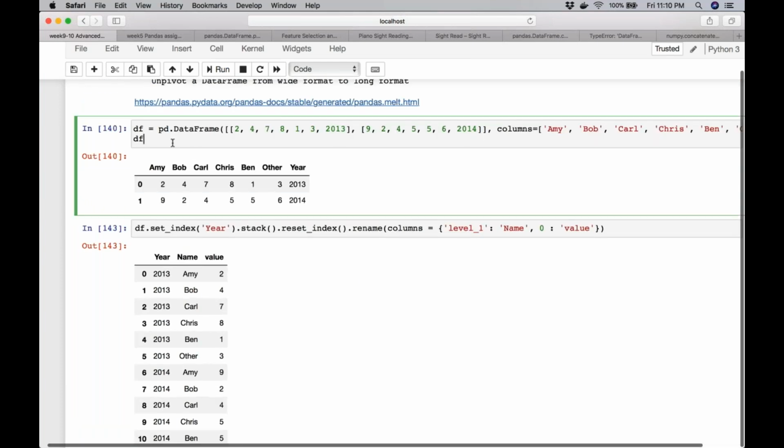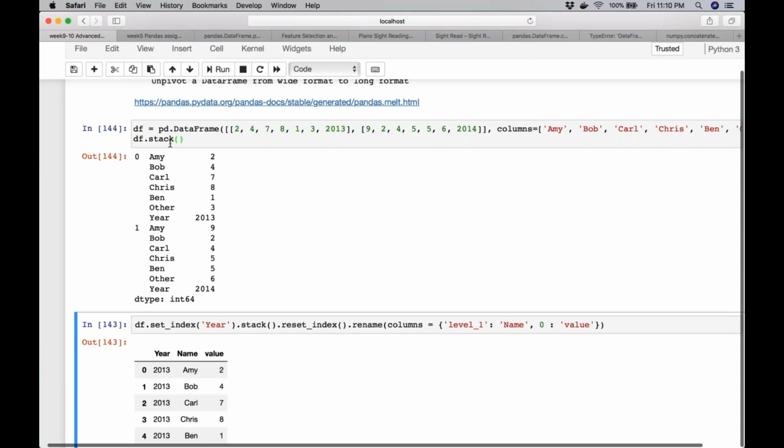Now what happens if I directly use a stack here? Before someone asks me, let me just address it. So instead of using set index, directly using stack, then this is what I get. And the only issue here is that I have my names neatly aligned, which is what I want. My only problem area is the year, which doesn't have any use in this column, right? It shouldn't be here.